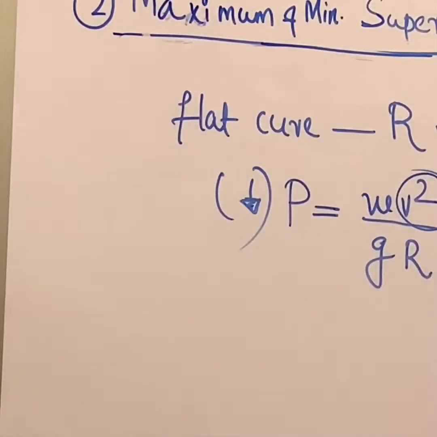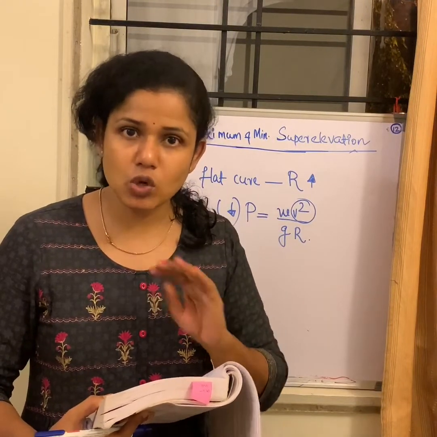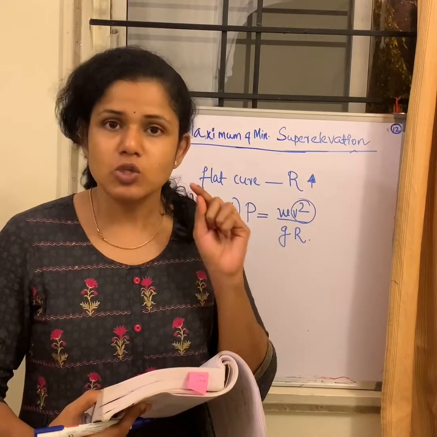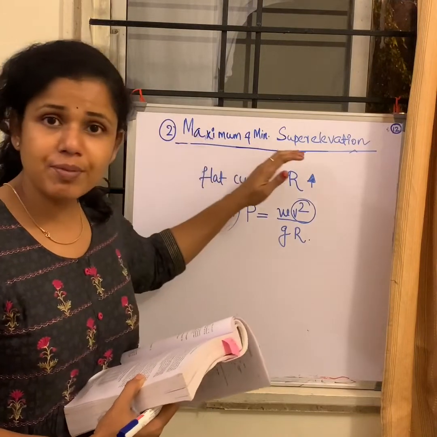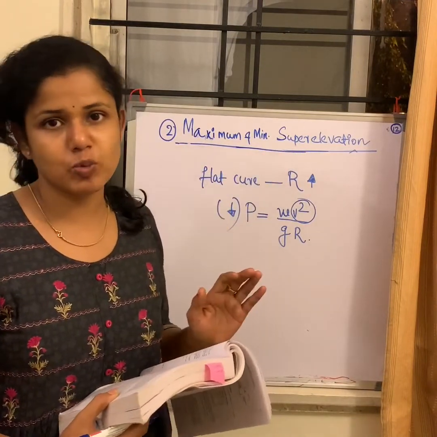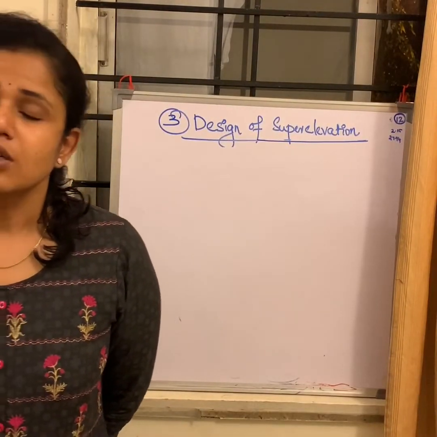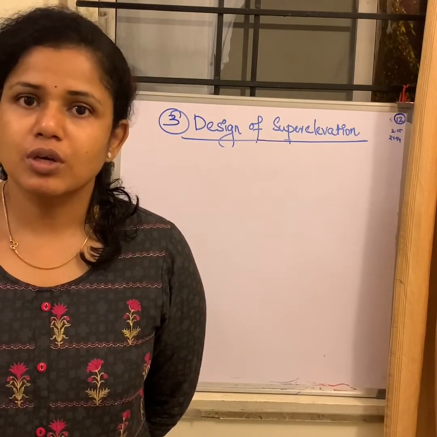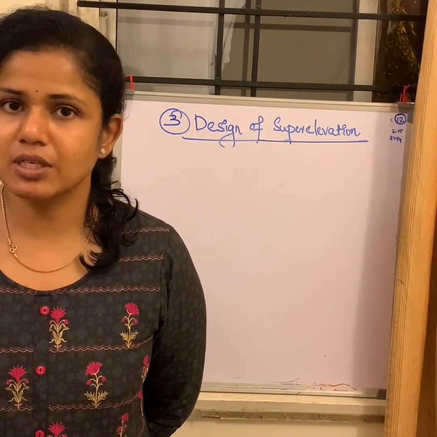So this is the second aspect. There is a limitation on the super elevation because practically it is not possible to consider the super elevation looking at just one or the other parameter. There is an essential need to limit the value: how much is the maximum, and what consideration is to be taken for the minimum super elevation. This concept has to be clear to you. The third aspect we are going to discuss is the design of super elevation. What are the steps required to arrive at the desired super elevation value by checking the other parameters at a safe position.